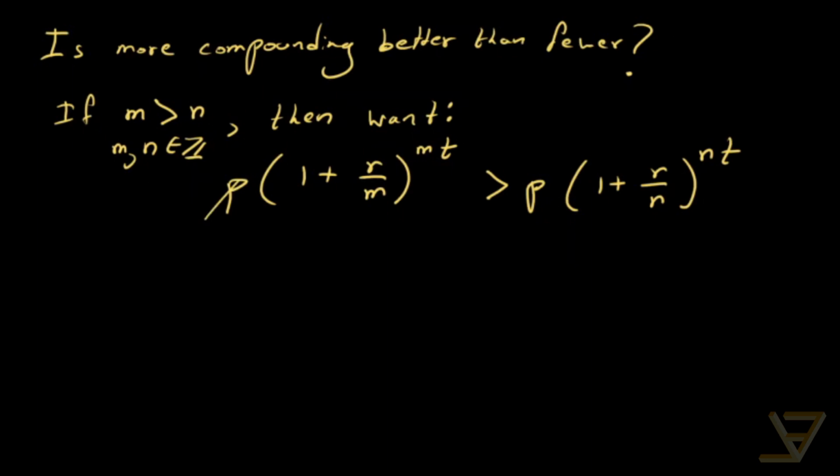Now again, we can get rid of the P's and we can take the root of t to get rid of the t's. So what we really want to prove is m greater than n implies, and m and n are integers greater than or equal to 2,